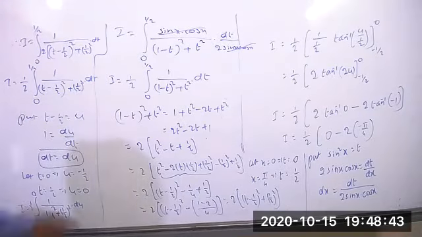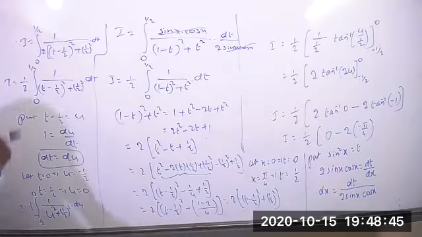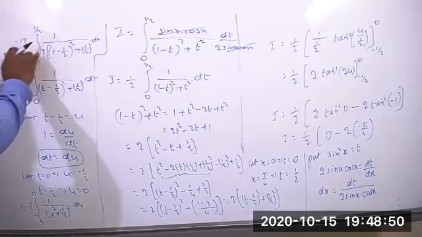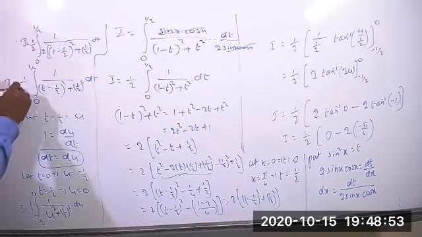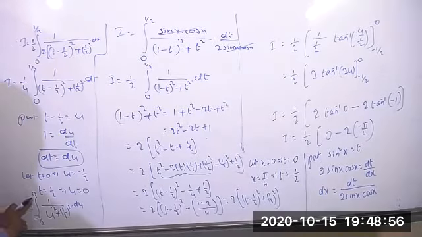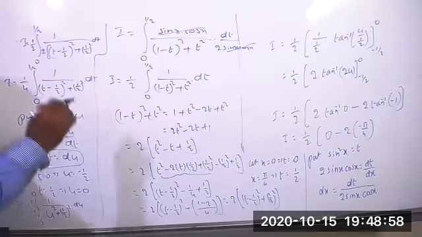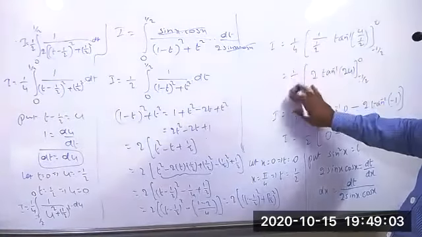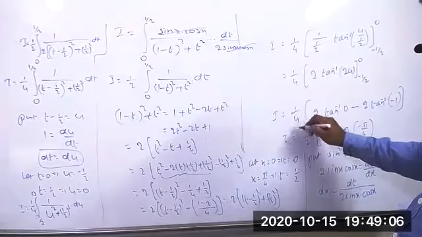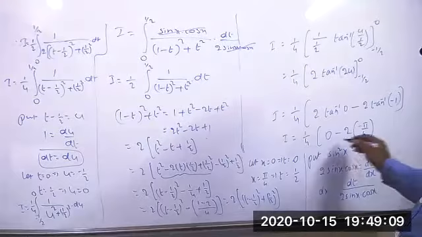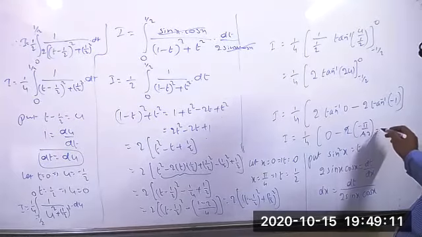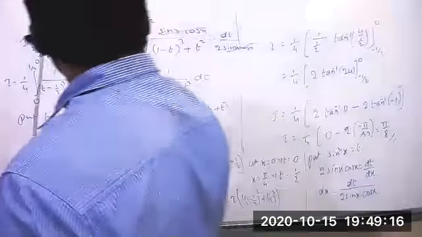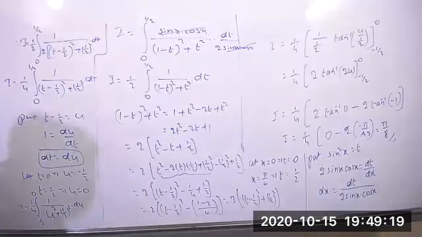Correct. This 1 by 2 we are not taking. That means this number will become how much? 1 by 4. That means here you can write 1 by 2 into, this becomes 1 by 4. So in place of 2 you can write 4. So it is equal to, clearly, 2 in this number 2 times. So pi by 8 is the answer for that. Yes, in the starting problem itself 1 by 2 is there, that is what we are not seeing.